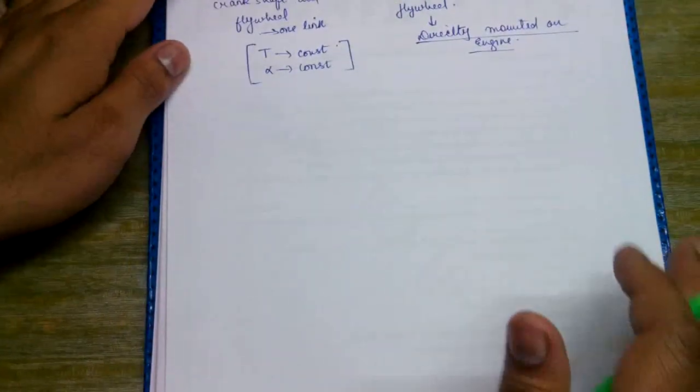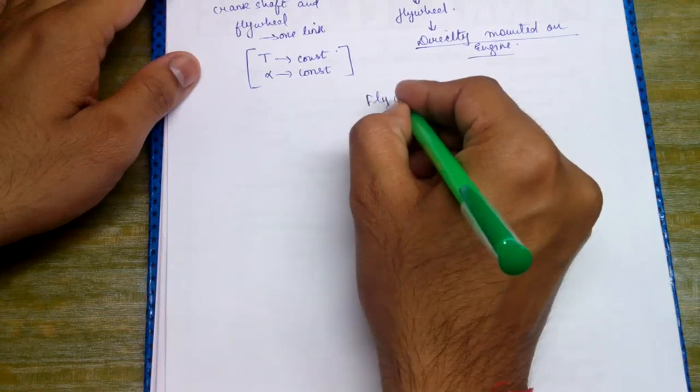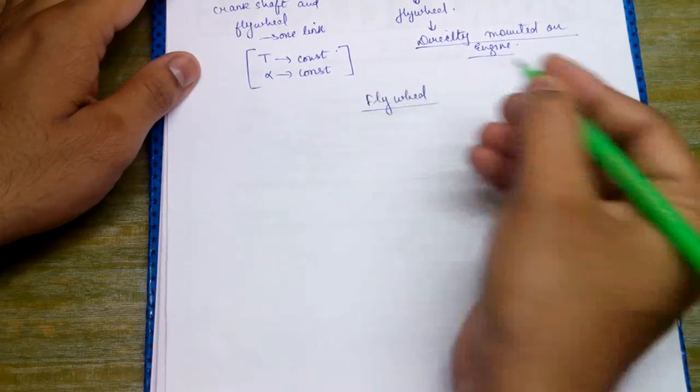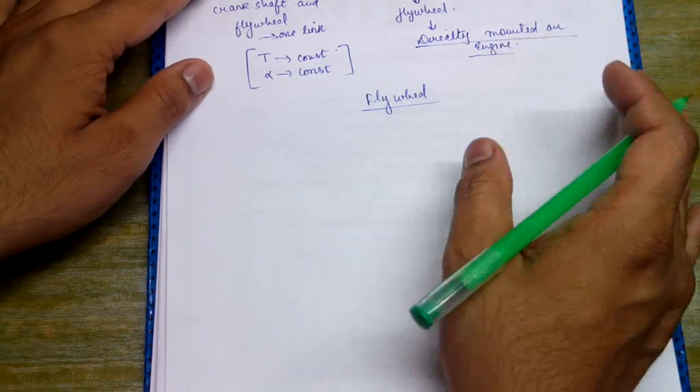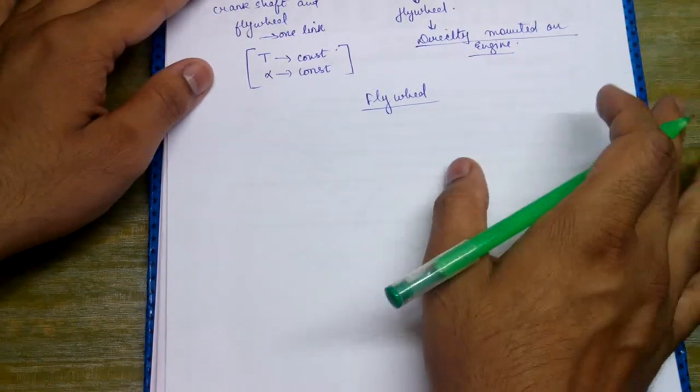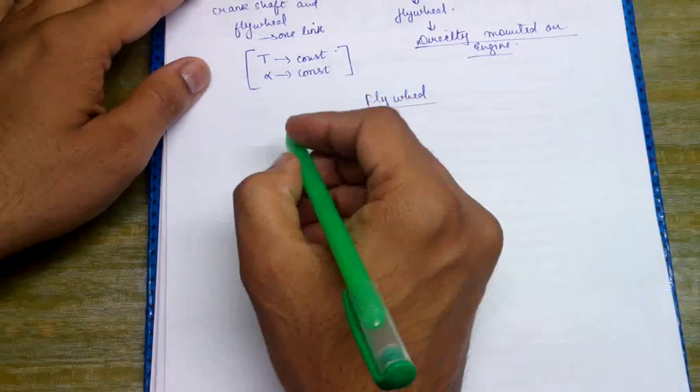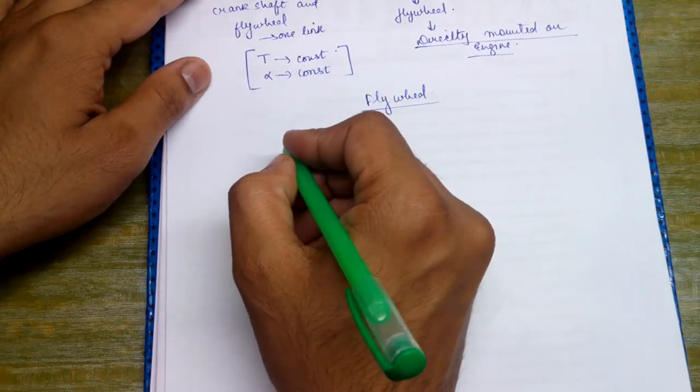Okay, so now let me start with the chapter of flywheel. This is a very important chapter because one or two mark questions from it are almost guaranteed every year. So the first topic that we have to start today is the turning moment diagram for